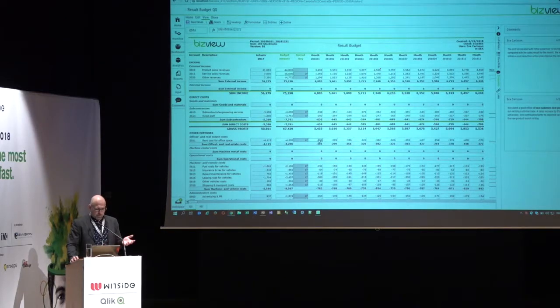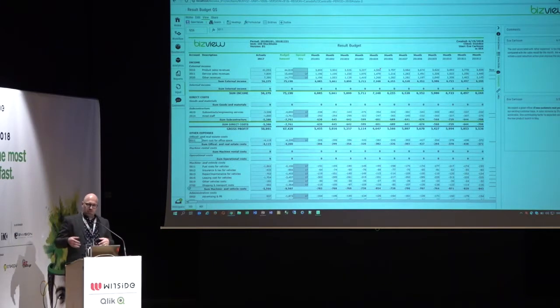Another nice feature that's very Excel-like is that, when there are new accounts or new dimensional values in your ERP system, and you want to start planning on those,